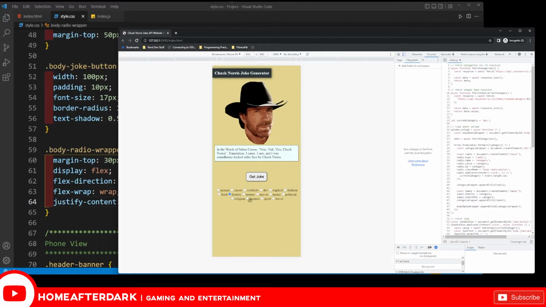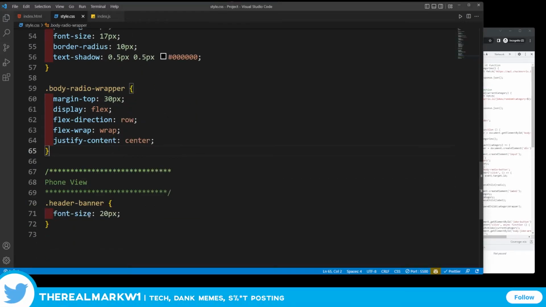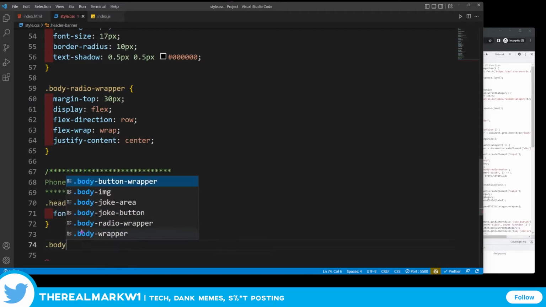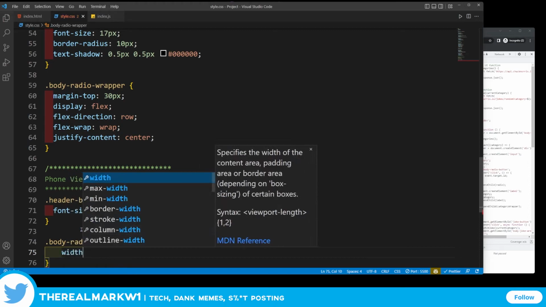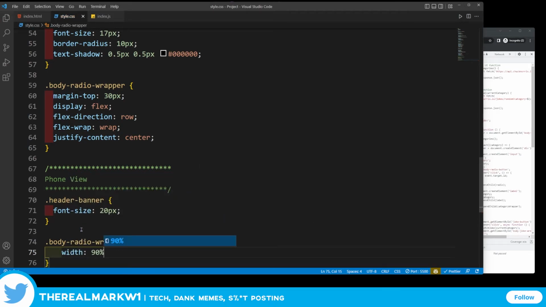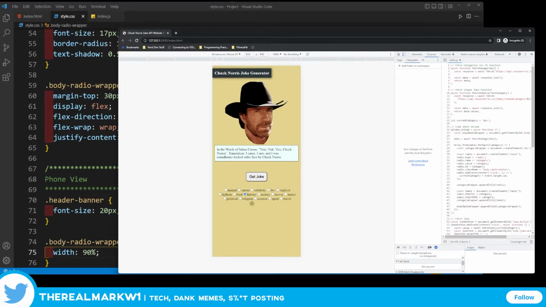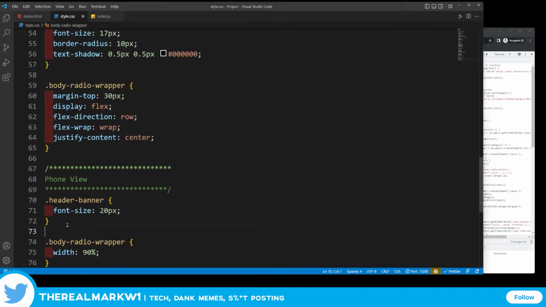All right, so that looks pretty cool, and that looks pretty okay. I'm not too dissatisfied with it, but let's come into the body radio wrapper, and I want to kind of squeeze it in a little bit more, and let's do the width at 90%. There we go. It brings in a little bit more. And I'm not going to keep it like this. I'm actually going to kind of columnize it. But I like breathing space on the left or right hand side if I could get away with it. If it makes sense also, right? So cool. So now that I have the body radio wrapper right there,